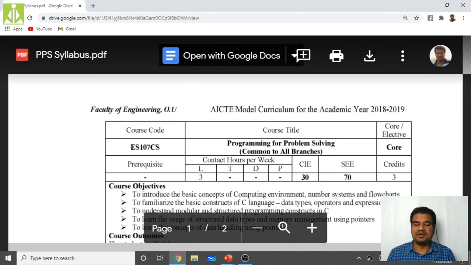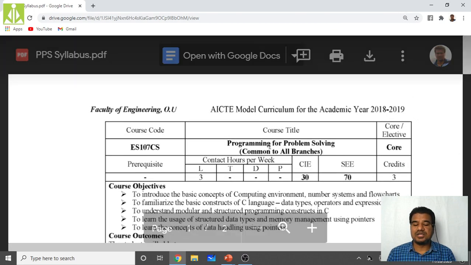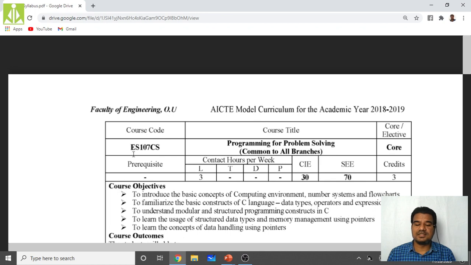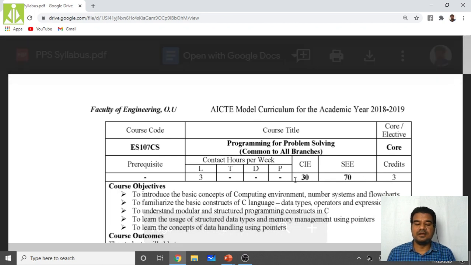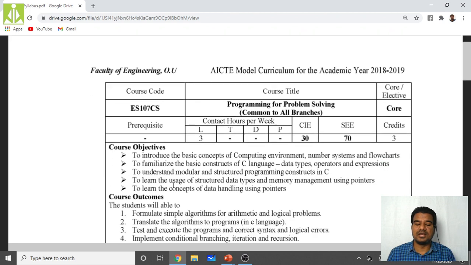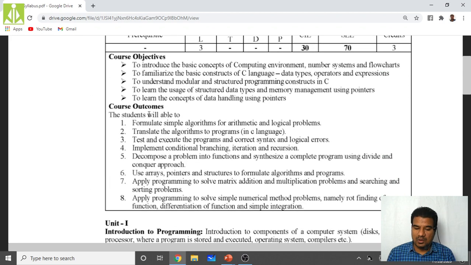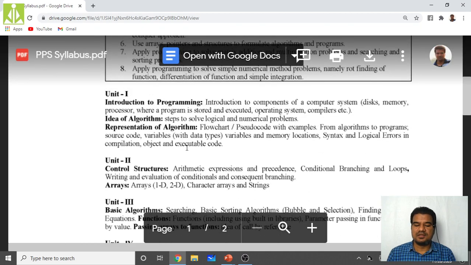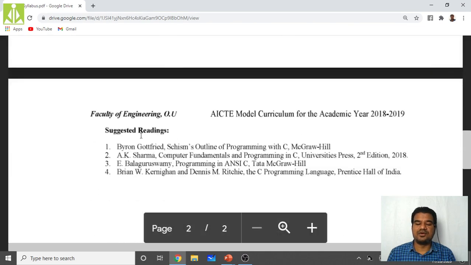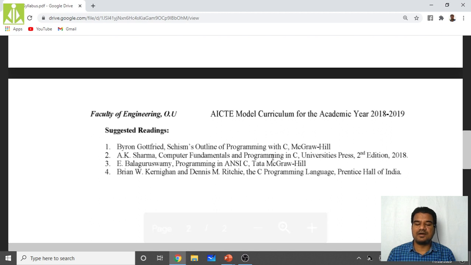AICTE model curriculum, subject name Programming for Problem Solving. This is the code, credits 3, 70 external, 30 internal, everything it is giving over here. Course objectives, course outcomes. Then unit-wise syllabus, then suggested reading, what books we have to follow.